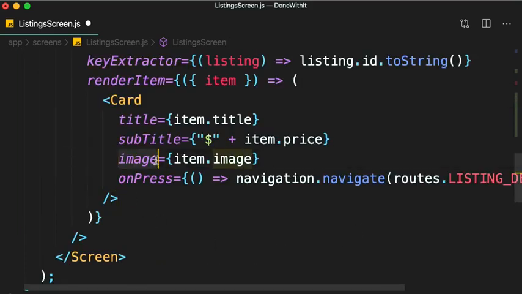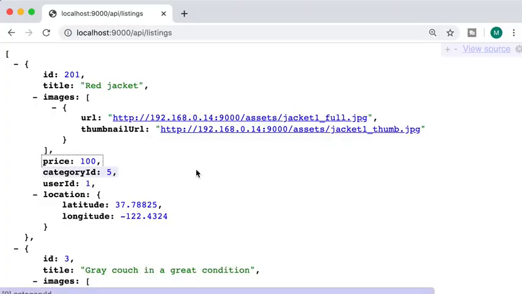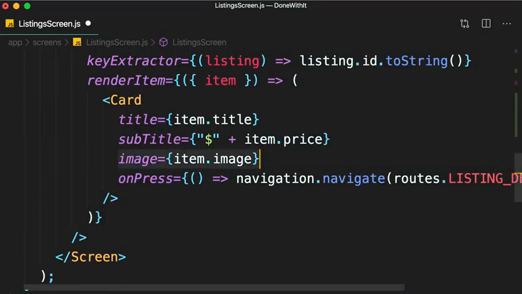Look at this image prop of the card component. We're setting this to item.image. But the array of listings we get from the server doesn't have an image property. It has images, which is an array of objects. Every object has two properties, URL and thumbnail URL. Now in our current implementation, we know that every listing has at least one image. So we should set this to